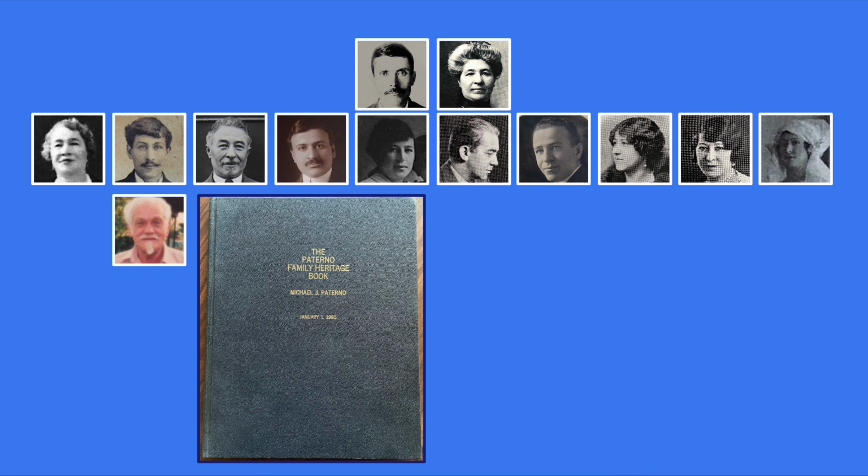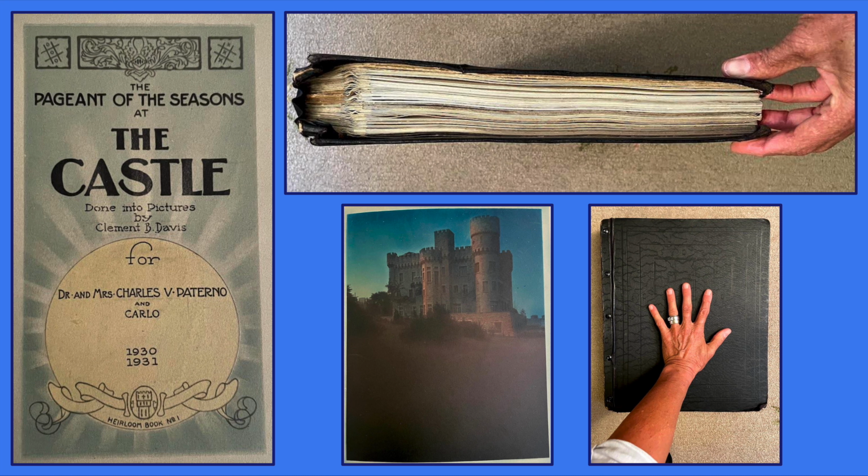Thirdly, Dr. Paterno's nephew Michael wrote a memoir in which he made a few notes about the castle that he visited on occasion. And lastly, Dr. and Mrs. Paterno commissioned Clement B. Davis to make a brag book of their home in 1930. There are 2 existing copies. The rough draft is at the New York Historical Society, and the final copy is in possession of a family